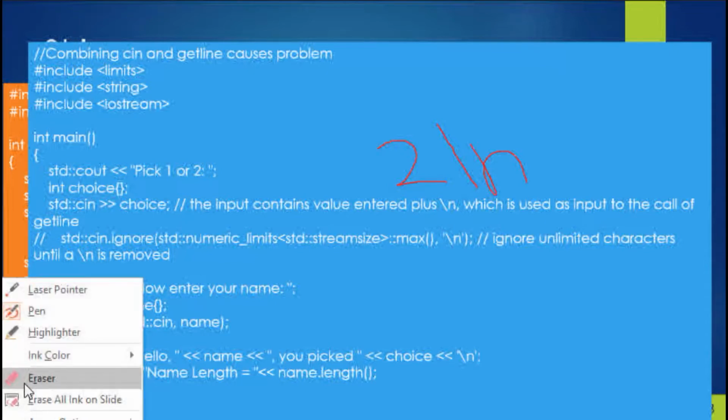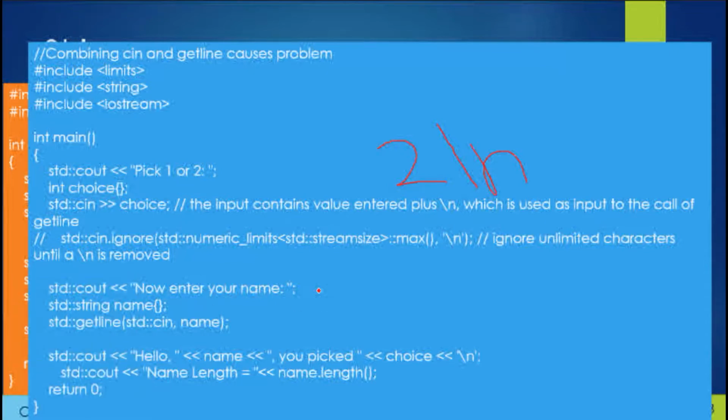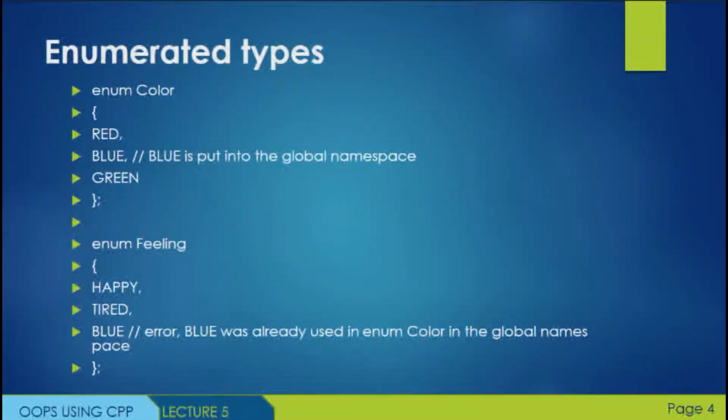Let's move on to the next slide. Yes, let us see what are enumerations. Enumerations, the simplest user defined data type, is the enumerated type. An enumerated type, also called an enumeration or enum, is a data type where every possible value is defined as a symbolic constant called an enumerator. Enumerations are defined via the enum keyword. Like here we have defined the enum keyword.